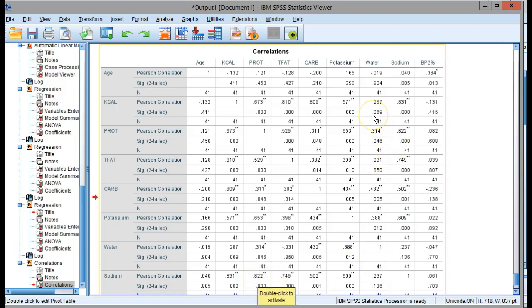Okay, so now that I know that there are some of these variables that are highly correlated, I probably do not want to include all of them in the model. If I choose to include kilocalories, which is what most people do, I probably will not include total fat or carbohydrates. Okay, and also sodium. So I will probably have to exclude. But let's say that you still want to take a look at the VIF values, and we can generate that